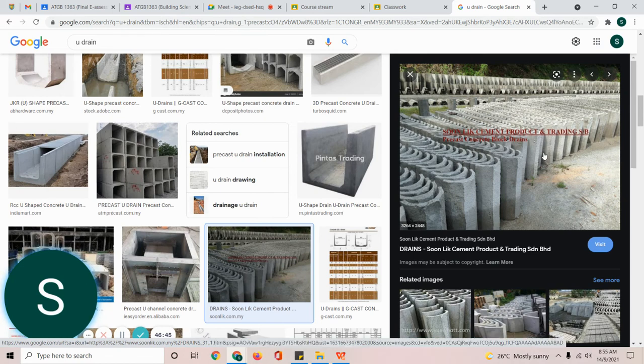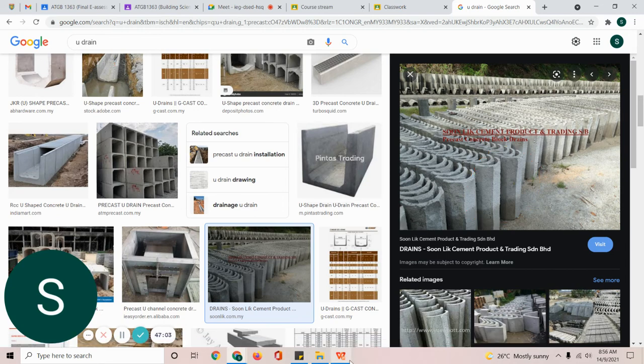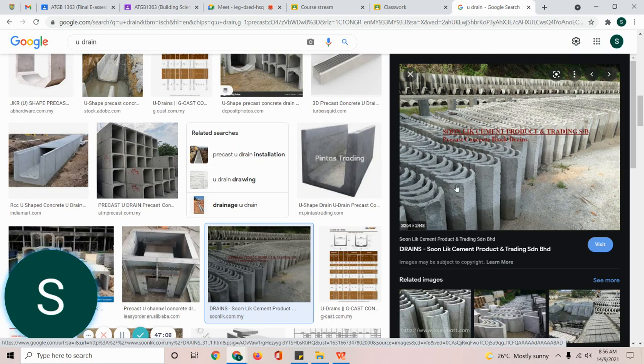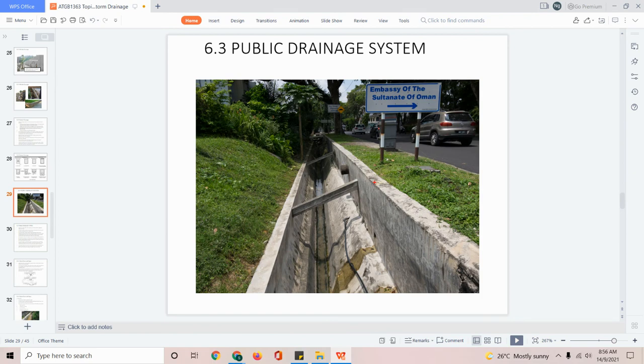Okay, so typically, when we come towards our public or our normal residential property, we can have precast concrete drain, or it can even be from clay, a clay drain. So this one is a very small size. You can see the depth or the amount of rainwater that it can divert is not a lot because it's not so big. But when it comes to bigger or more public drainage, then we can have a very deep